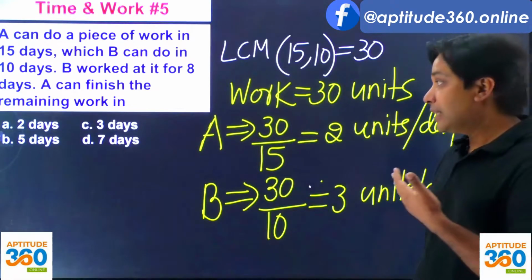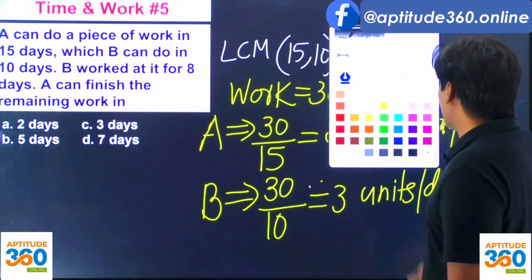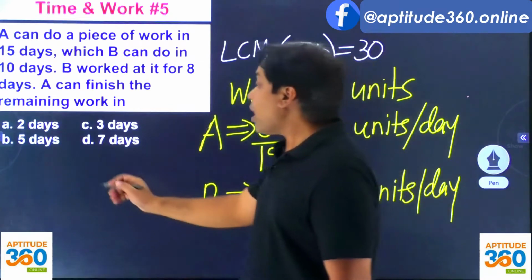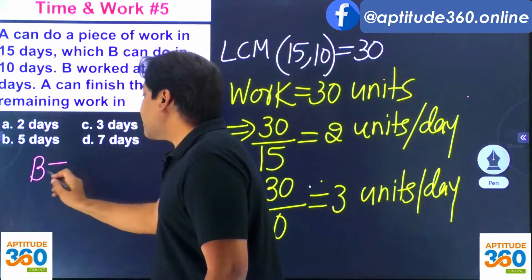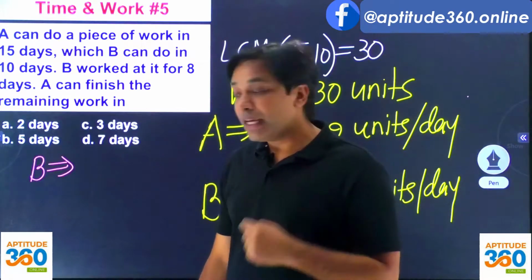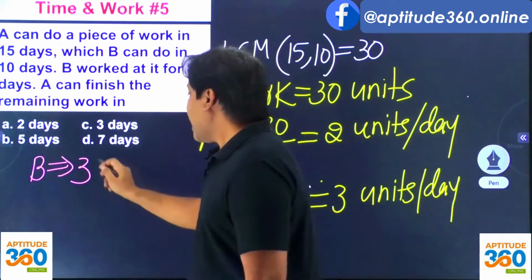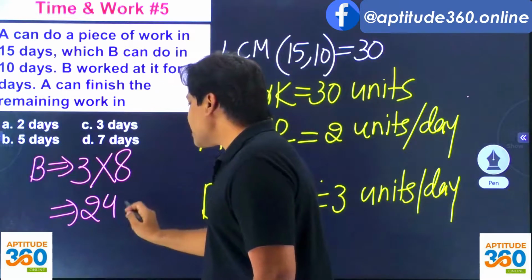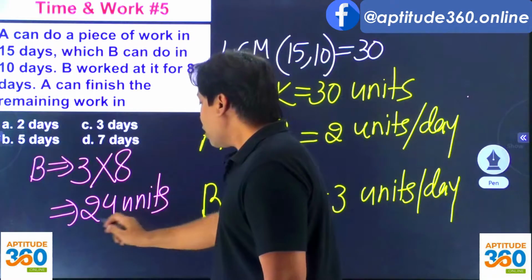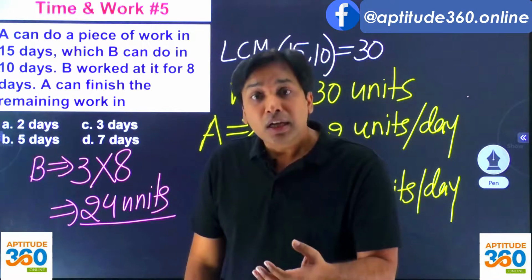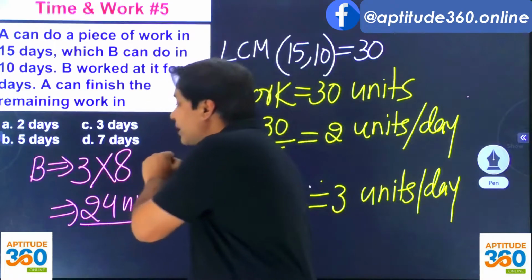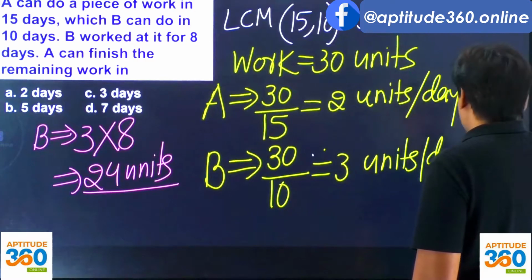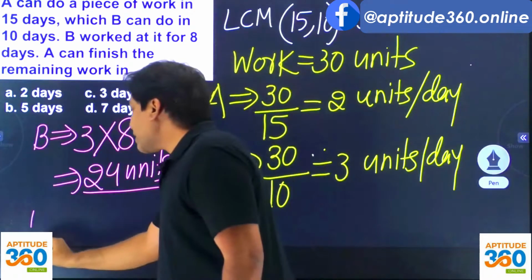Now what is going to happen now? It says that B has started the work. So let B start the work and B works upon it for 8 days. तो अगर B ने 8 दिन काम किया, and what is the rate of B? B does 3 units per day, and if B is working for 8 days, B is going to be completing 24 units, isn't it? On its own, when A is not even involved, तो B ने कितना काम finish कर दिया? 24 units. Now, what is going to be the remaining work then? If B has already completed 24 units, so I would say that remaining work is,